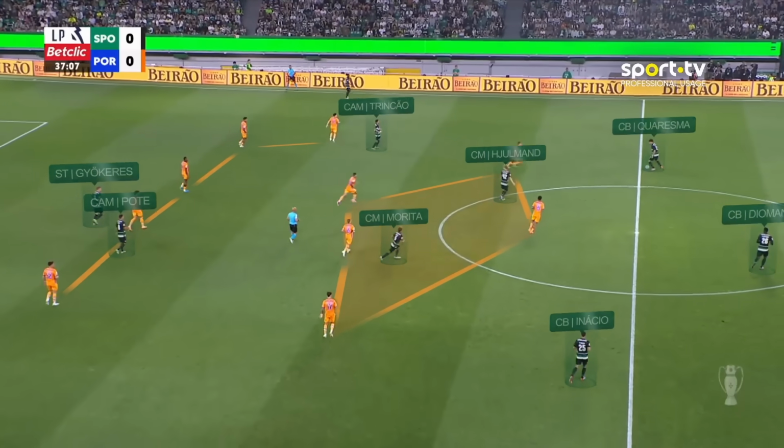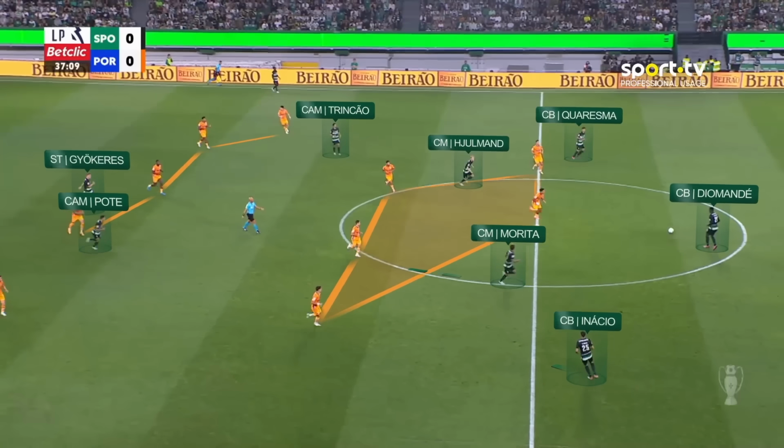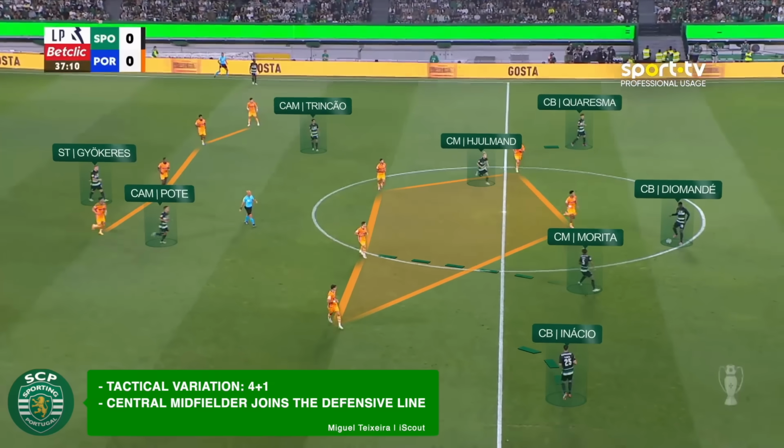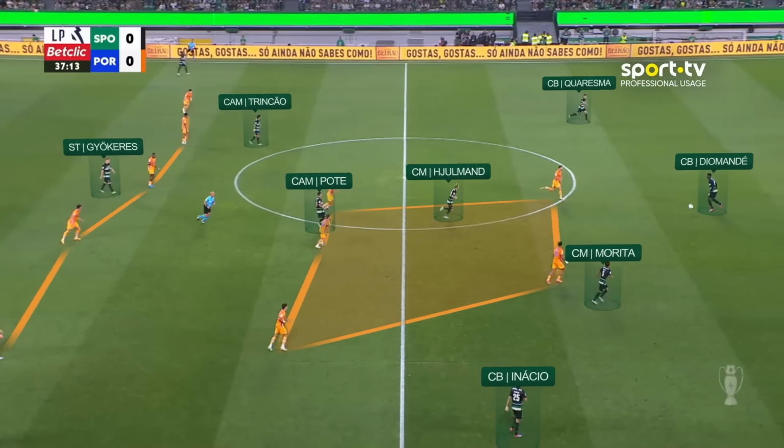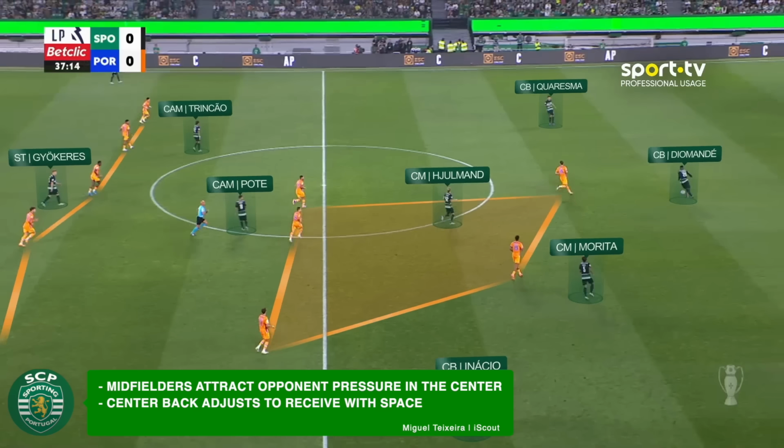In these last two clips, we'll observe two tactical variations used by Sporting when the team circulates the ball in higher zones. First, let's look at an example where Sporting momentarily sets up in a 4+1 structure. One of the midfielders drops deeper to join the defensive line, allowing the team to stretch the width with the two outside center backs. This movement forces Porto's forward and interior midfielder to step out and press the deep midfielder